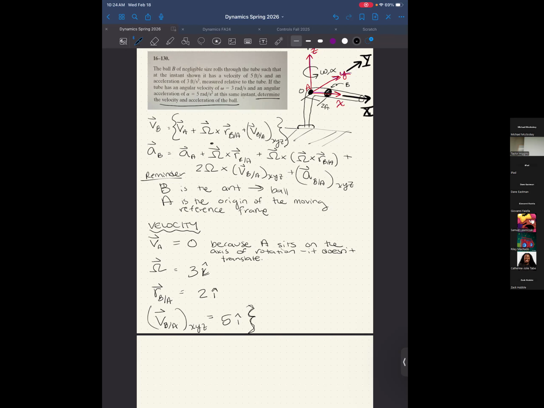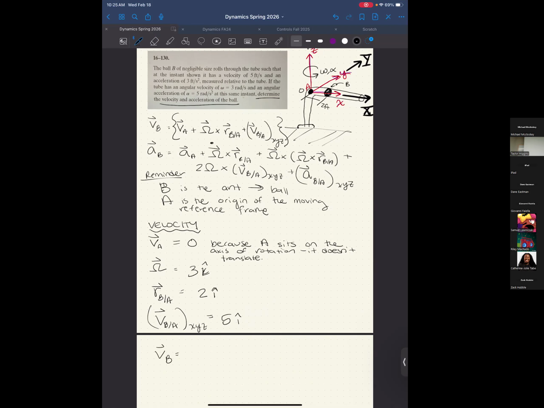You could. Yes, absolutely. You would do the same coordinate transformation steps that we did for the car problem on the exam. Very good. Okay, so I think now we have enough to find velocity, so let's plug and chug and figure it out. So VB